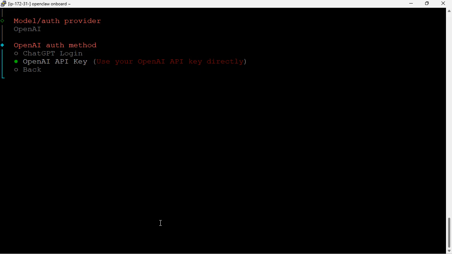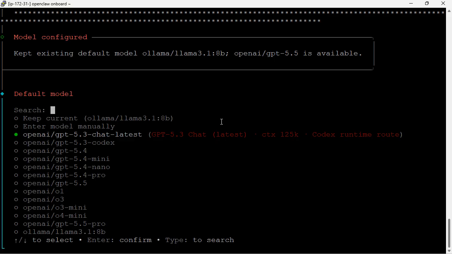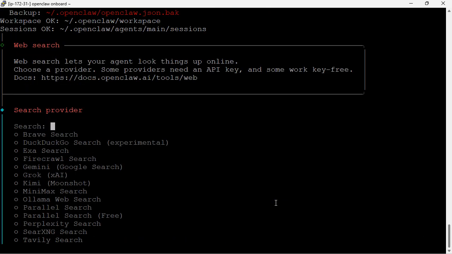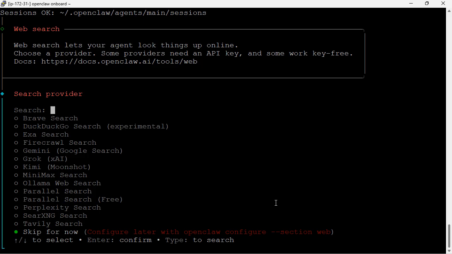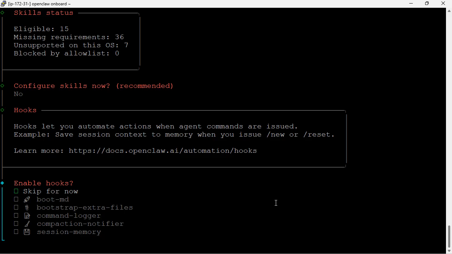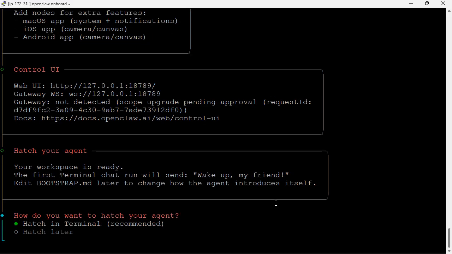When prompted, paste your OpenAI API key here. The default model displayed is GPT 5.5. Okay, let's go with this. Complete the remaining prompts. For this video, we will skip the optional configuration sections such as channels, search, browser, skills. When you reach the hooks screen, press the space bar to select the required option. Then press enter. We will also leave the remaining optional settings unchanged. After the onboard process finishes,